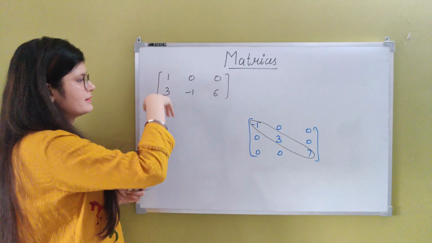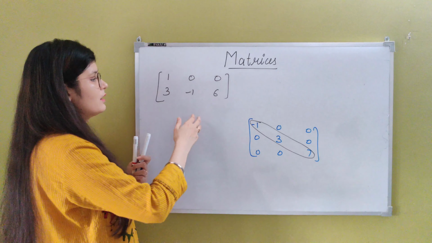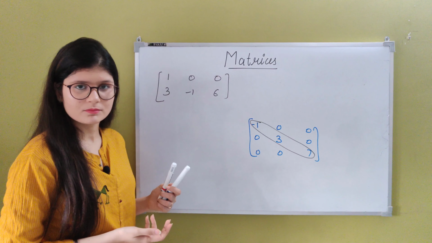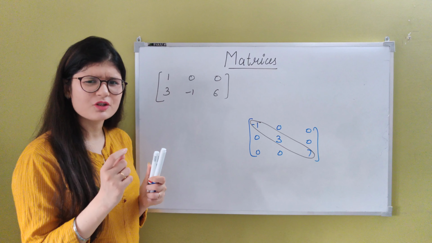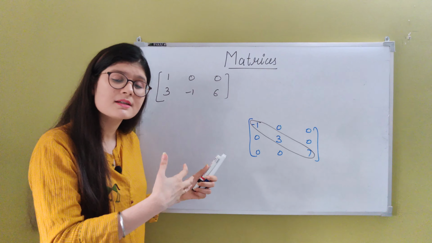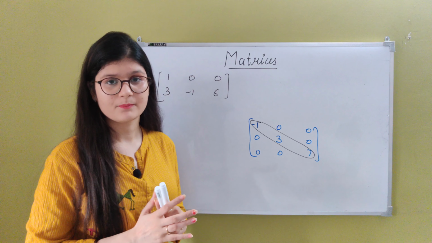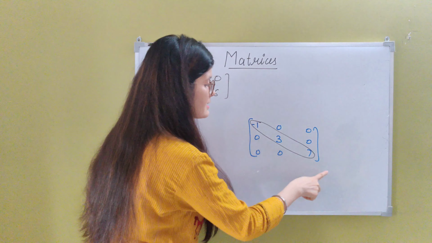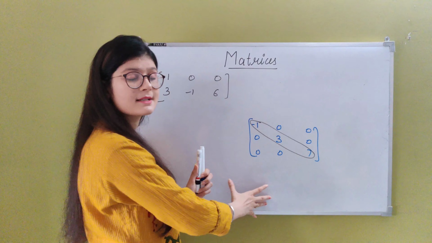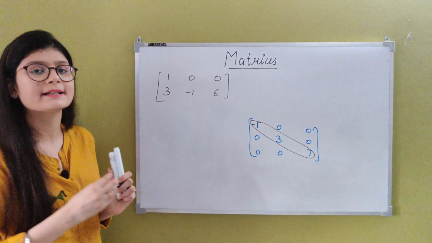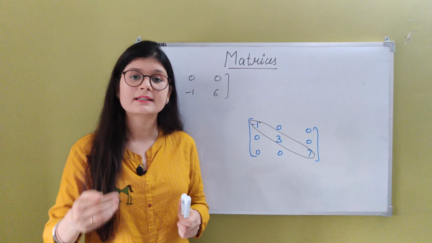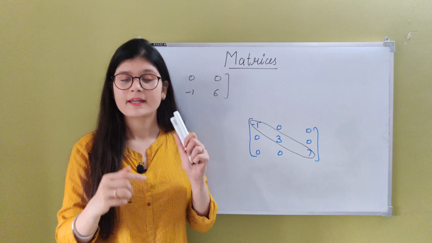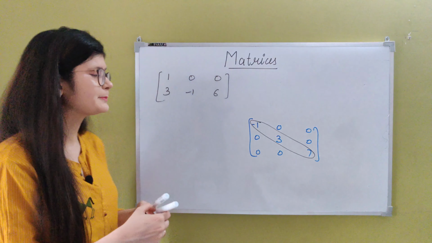The first thing is, other than the diagonal, the members are not 0, right? But there's a slight difference between diagonal elements and a diagonal. Here we know what the diagonal is, that's why we can say that it is a diagonal matrix. Here you cannot define a diagonal, right? There is no diagonal, but still you can see the diagonal elements. And how can you see the diagonal elements?